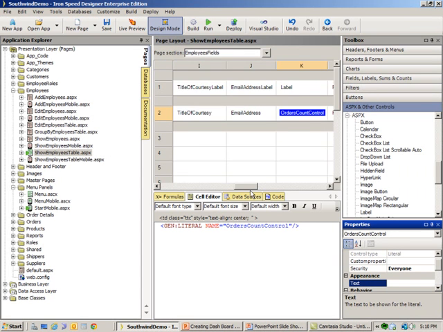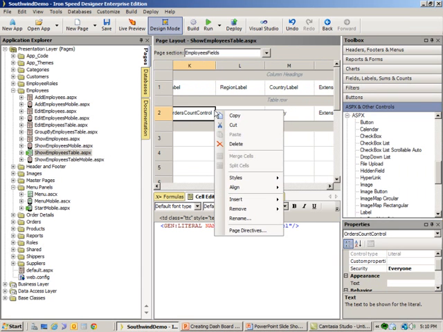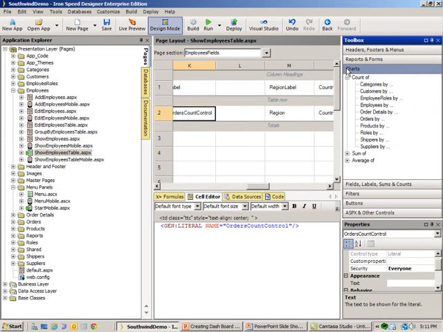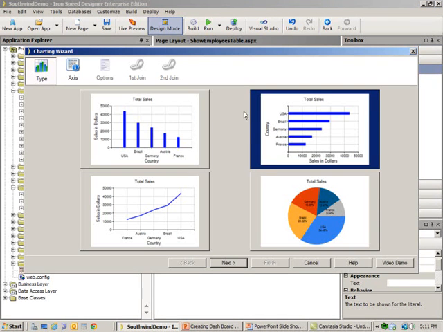Pretty cool. Again, it's very easy to do, and that's what I'm demonstrating: all you have to do is drag and drop. So, let's insert another column to the right, and let's put a chart this time. We'll go up to our trusty charts, and I want the orders by employee. So I'm going to drag and drop that in there. And then let's use a bar